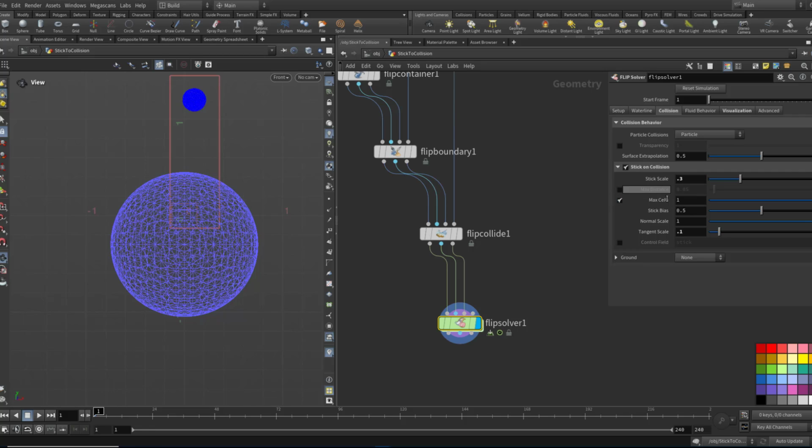You can also turn that off and use maximum cells, which is the number of voxels. But that's dependent on the resolution of your sim. I like the max distance, so I'll keep that on. The defaults are pretty good. And then we've got these two forces, the normal scale and tangent scale, and then we've got a bias which mixes between the effect of one and the other. So essentially,